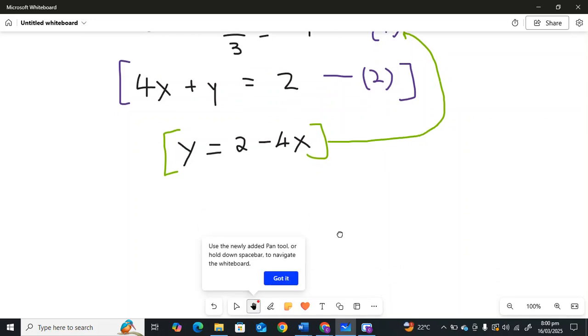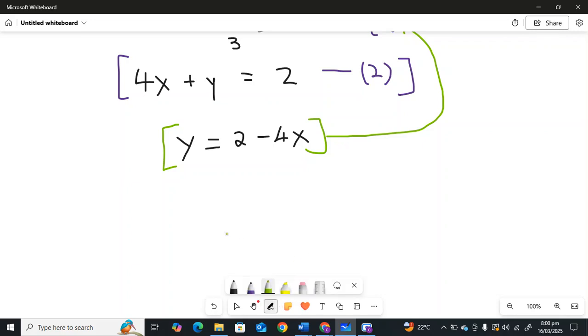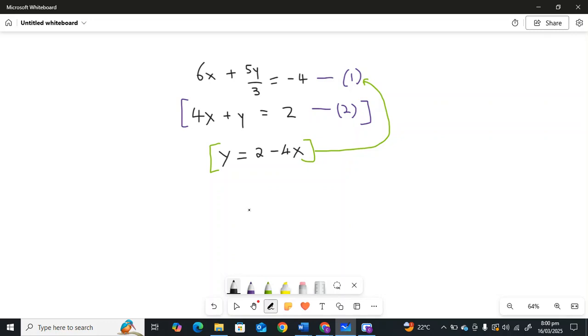So we rewrite equation 1: 6x plus 5, open bracket, 2 minus 4x, close bracket, divided by 3